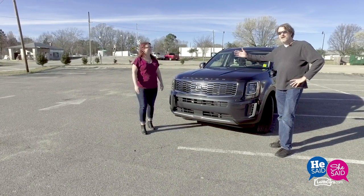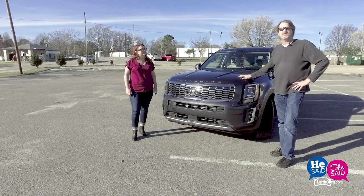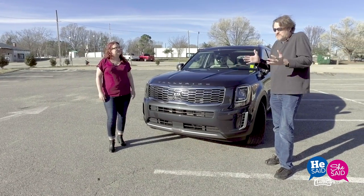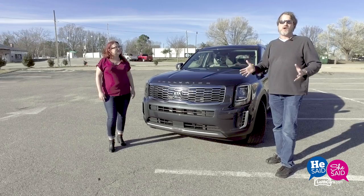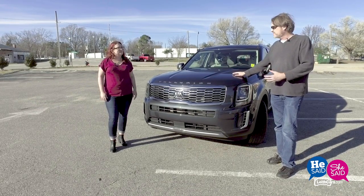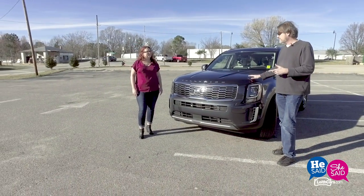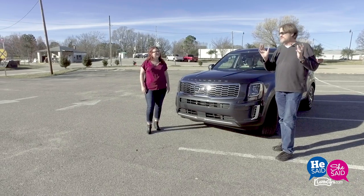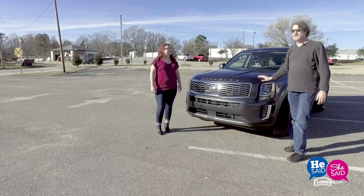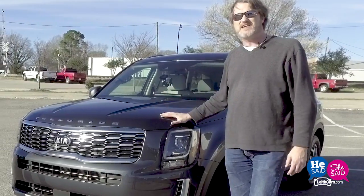Amazing. Amber's impressed. I love the Telluride just because it doesn't look like every other SUV or CUV on the road today. It's got that classic look, like a rear wheel drive body on frame SUV, but it's not. It is a unibody, front wheel drive, all wheel drive available, but it's rugged. I mean, Kia wants you to be able to take this thing off road. I hope that they will, Amber, make some of those snorkels and gears and racks for the roof rack available that you've seen in some of the promotional material. But yeah, I'm digging what they've done here, and it's very